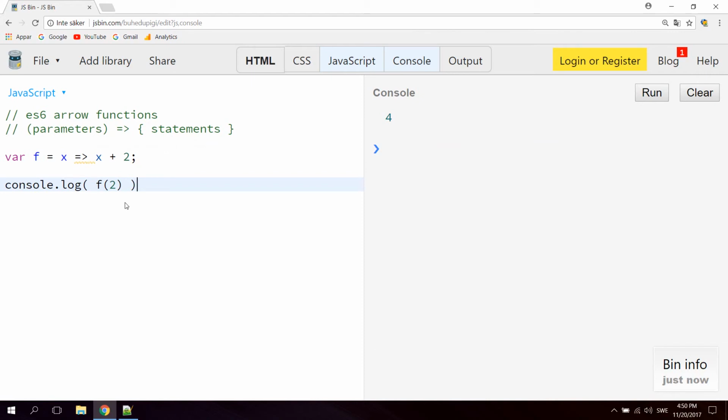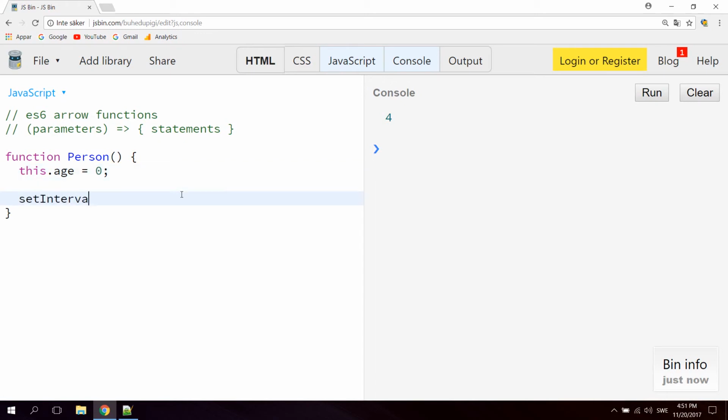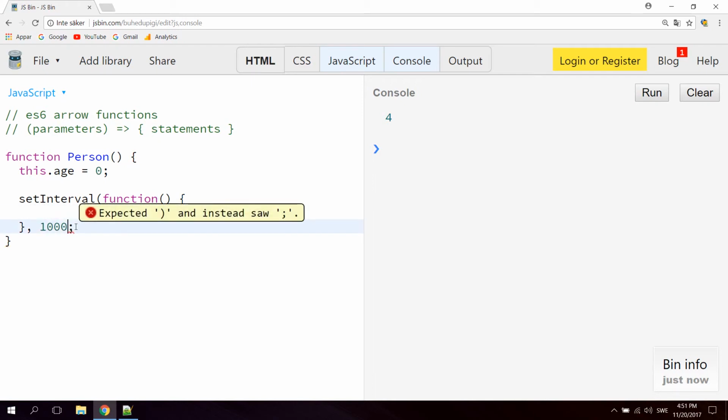Now we're also gonna take a look at the this keyword inside an arrow function. Let's say we got a function like this. We can name it person. Inside the person function, let's declare a property. We can set this.age to 0. Then let's create a setInterval function inside the person function. Now let's say this should run once each second, so 1000 milliseconds. And let's say you want to increment age inside the setInterval function. Then we also want to console.log the new age